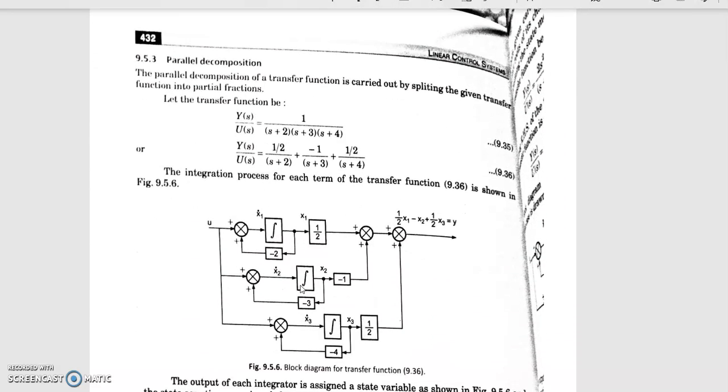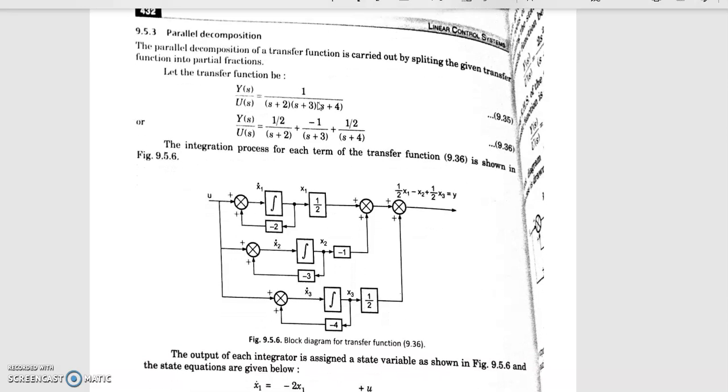Now consider parallel decomposition. In the parallel decomposition, we have to find the partial fraction expansion. These two terms, parallel and cascade, are a similar process which is already taught in the DSP, digital signal processing subject also. So we have Y(s)/U(s) equal to three different transfer function terms. Arrange all these terms in the prescribed form, just like first one, first integral, second, third, and sum all these things, we will get the output y equal to this one.